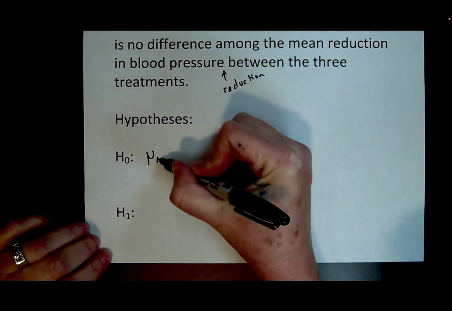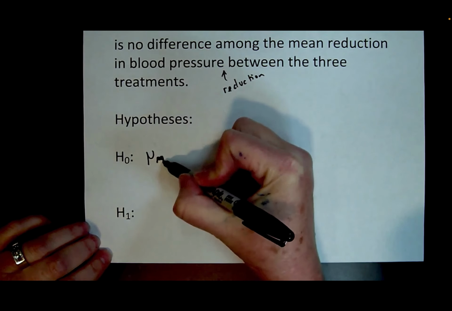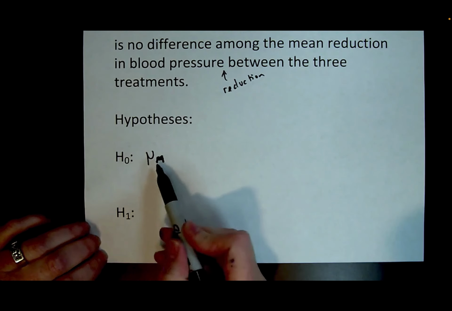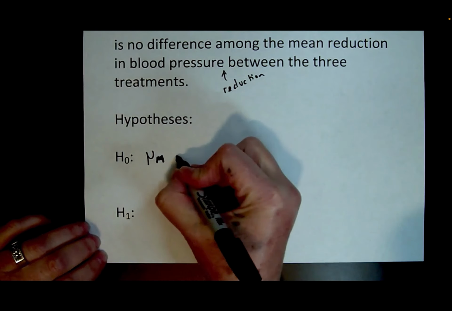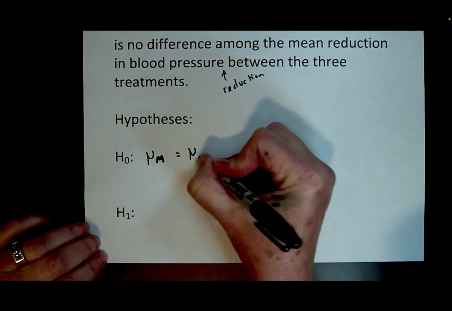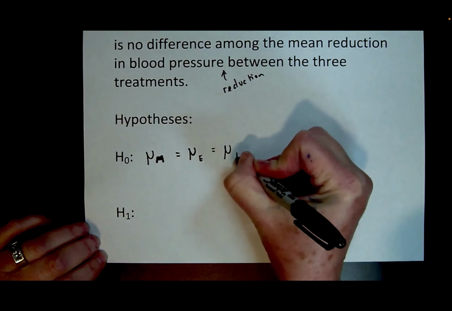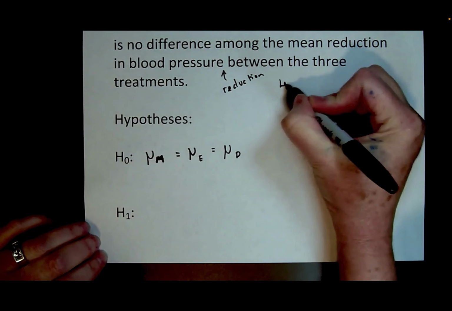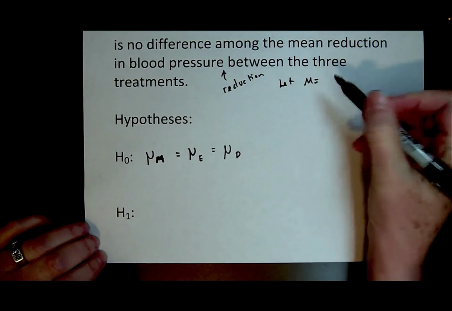Mu sub M, and I'm using mu because that's standing for the population mean, which we don't know. We'll have a sample mean. We don't know the population mean, but we're hypothesizing or testing whether all three of these means would be the same. And what I'm using here for my notation, I'm letting M be the